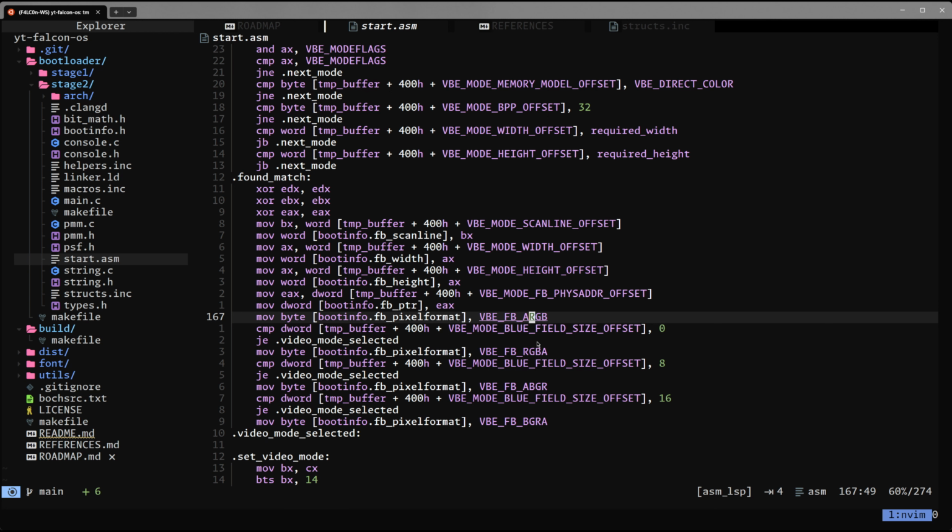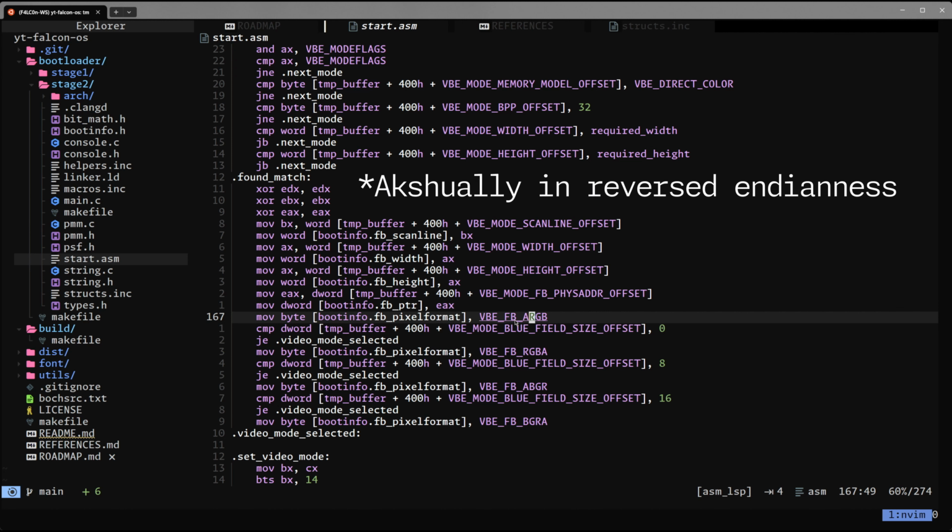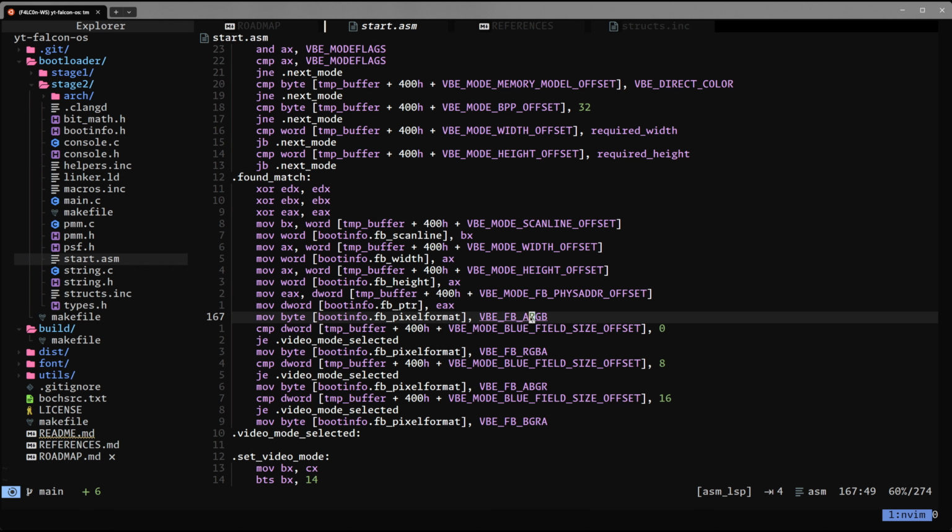Right, so the actual formats that we can find are RGB or ARGB, RGBA, which is basically just this, but the unused component is at the end. We have ABGR, which is basically RGBA but in reverse, and we have BGRA, which is basically ARGB but in reverse. So we see that the color components only have a few combinations that they can be in. And so what we do here is we just check the blue component's offset. If we are getting told that the blue component's offset is 0,